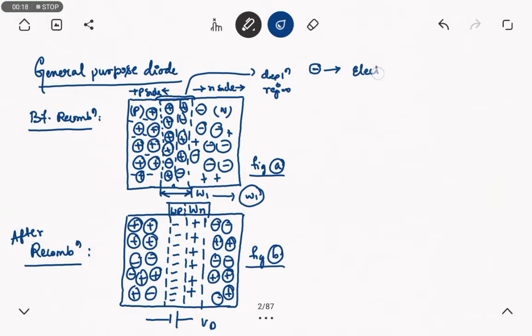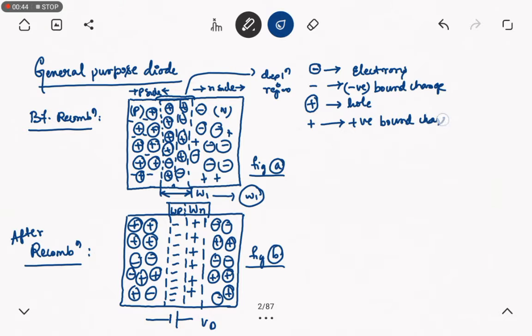This represents electrons, and simple negative charge represents negative bound charge, and positive symbol along with the circle represents hole. Only positive charge represents positive bound charge, and here the V0 represents potential barrier,